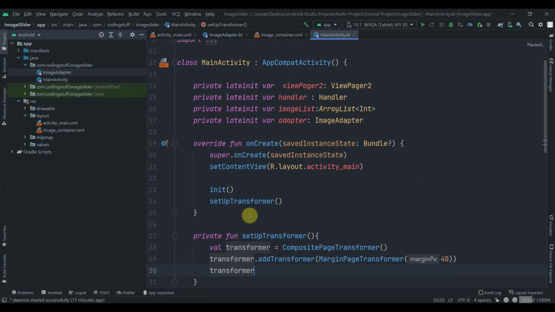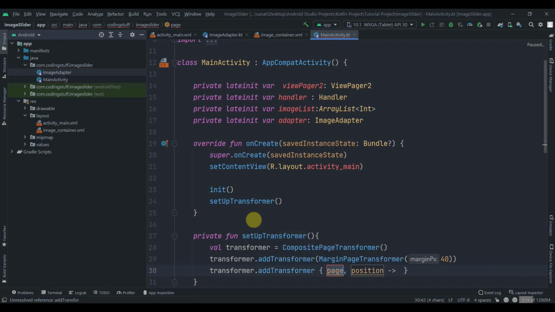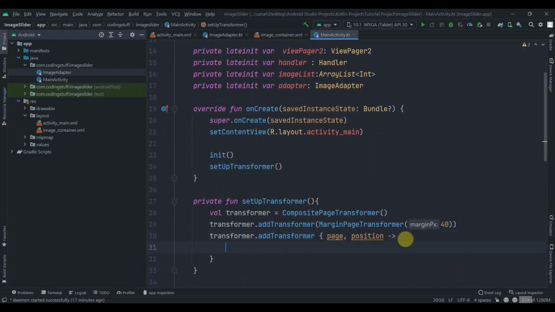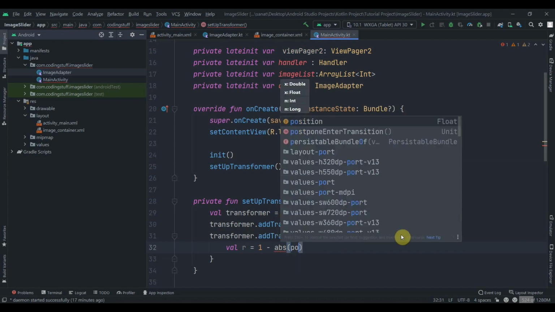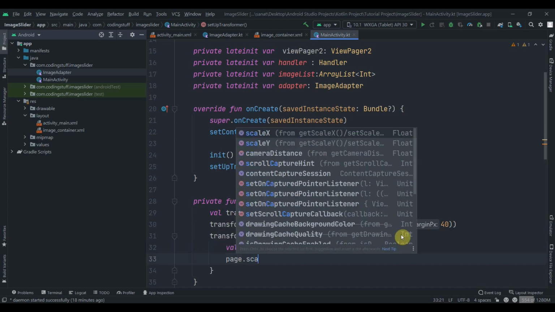And then transformer.addTransformer, and we'll select this one, because we are getting page and position over here. So we'll continue from the next line. In here we'll create one val, r, which will be equal to 1 minus abs, which is a mathematical operation that gives us the absolute value. So abs of position, then page.scaleY